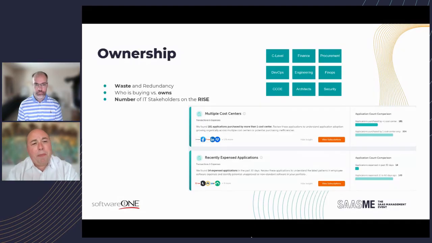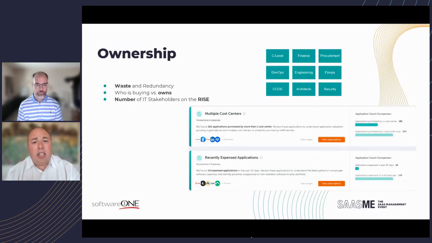And then finally, what's interesting with the way environments are run today, the number of stakeholders that are involved in IT asset management and the SaaS process in general is skyrocketing, right? Now more than ever, we have to provide value back to the C-level, right? They need to see cost savings, whether that's hard dollars or soft dollars, right? Finance and procurement are more involved in everything than ever, right? And we can help them understand where these purchases are being made, how they're being made, and ensure that whatever's hitting the budget sheet, we have visibility into that, right?